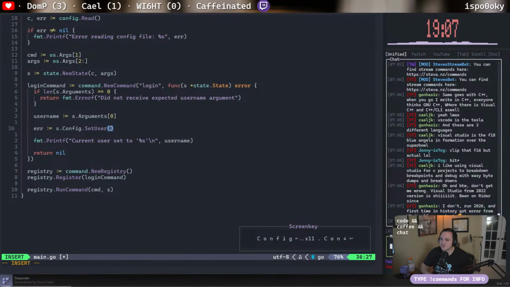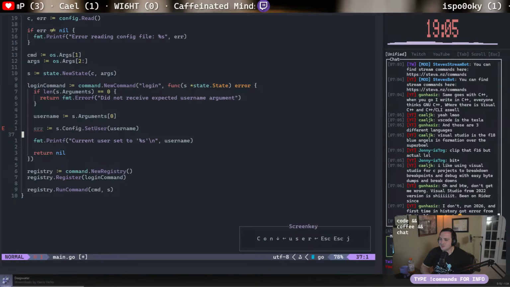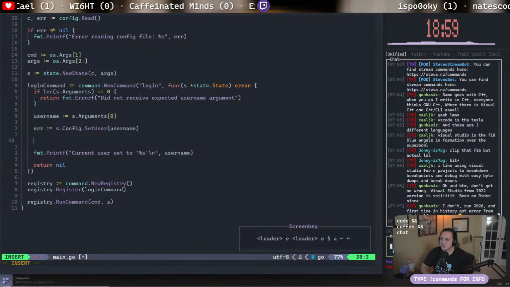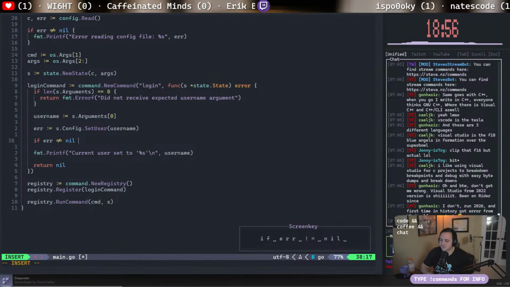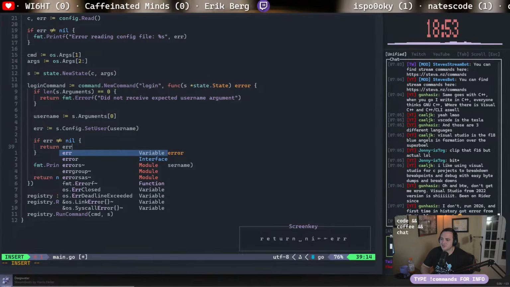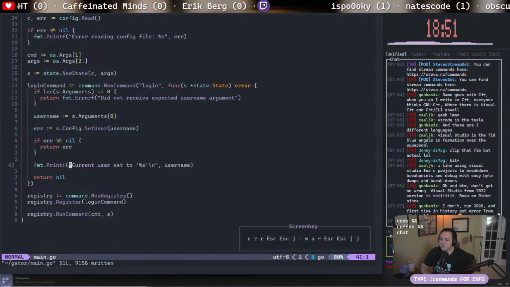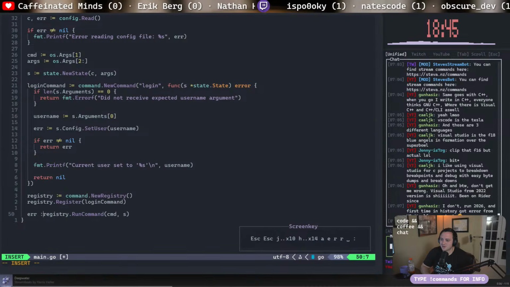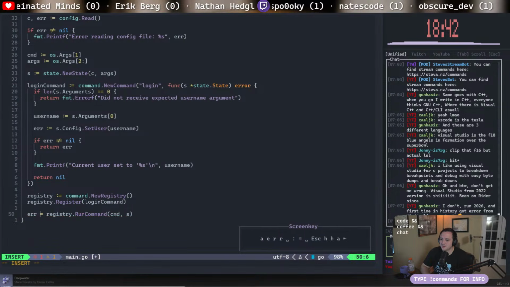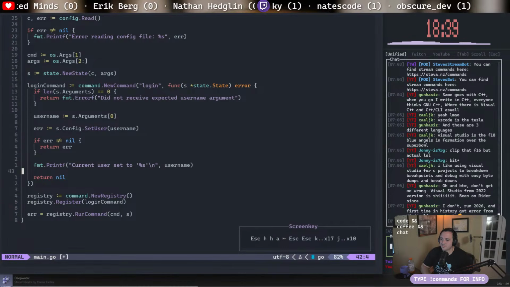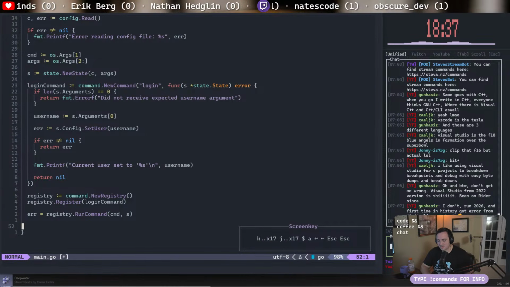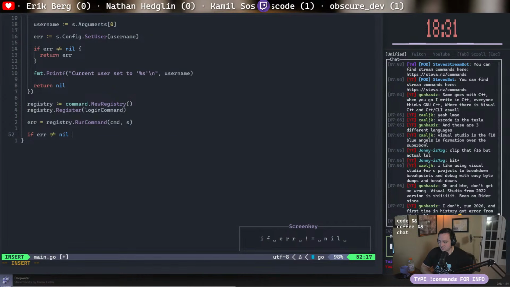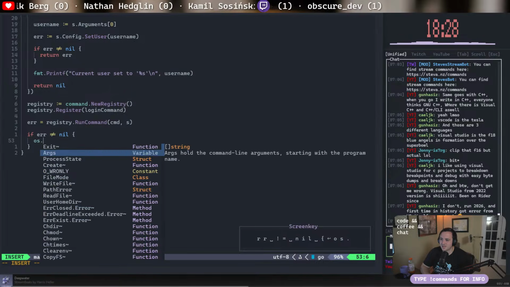We want to set user. If error does not equal nil, let's return the error. And then we should probably do something with that. So we should probably say, if error does not equal nil, we should os.Exit